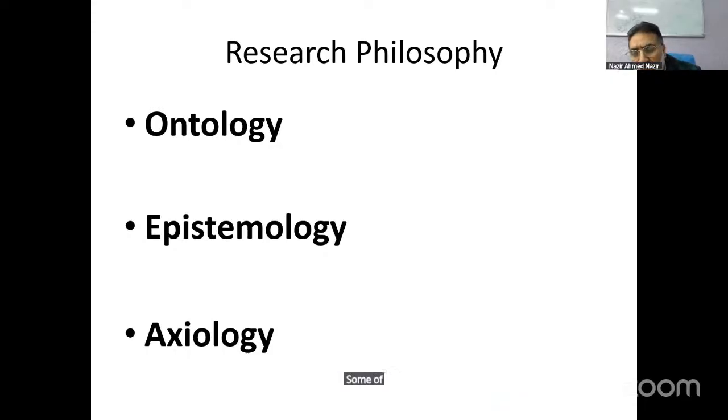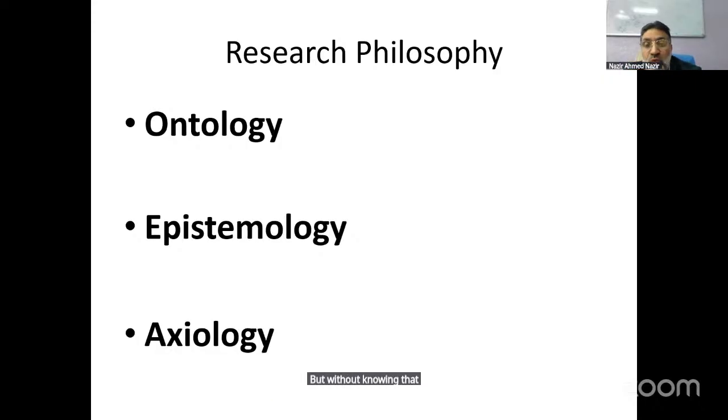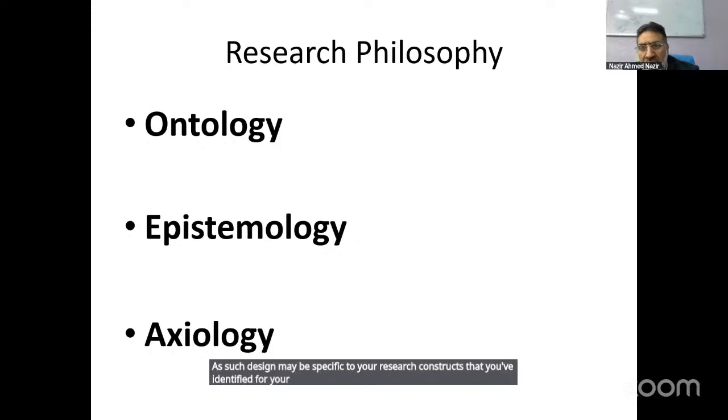Some of you might go for an experimental kind of a study. Some of you might go for a case study. Some of you might go for an empirical kind of a study, collection of data, etc. But without knowing that, why have you chosen a particular path? Research design may be specific to your research constructs that you've identified for your research, and you come up with a research design. But important is that if you are asked as to why this particular research design was followed